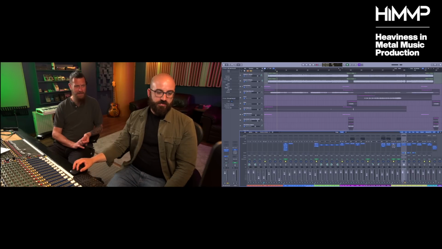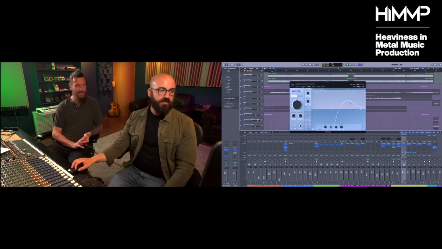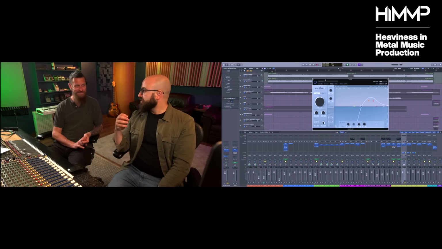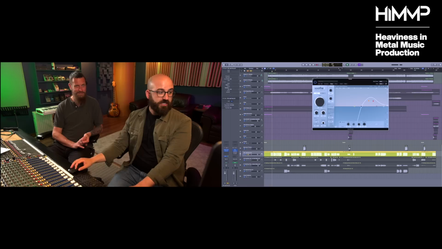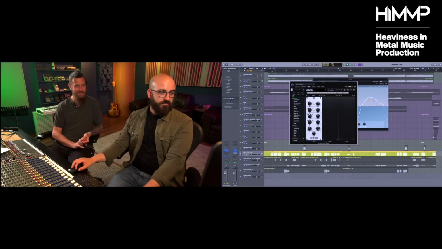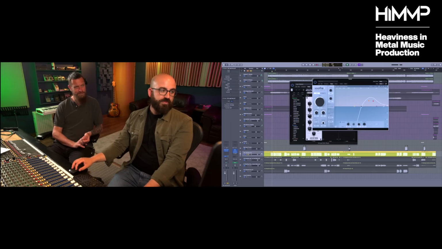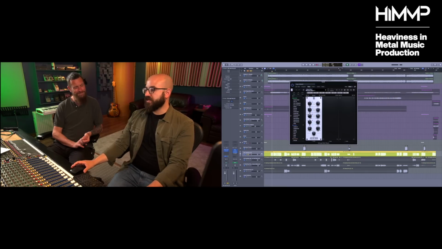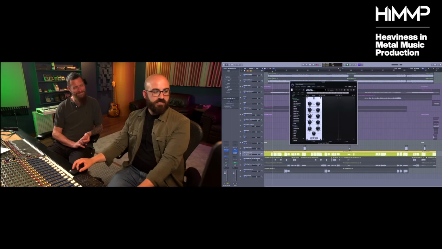And then that's going to a bus where all the vocals are going, where I'm trimming the level, using Soothe, which I love for making the S's sound right. It gets rid of a lot of the more peaky stuff so the pronunciation sounds really good and a lot less harsh. I'm reducing harshness again with a 4K cut and boosting a bit of 12K, as well as some 400 cut. All of this is trying to make it sound like it lives in the same space as the rest of the mix.